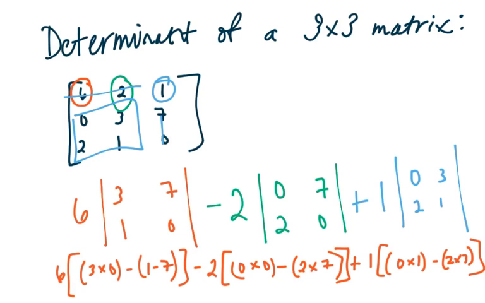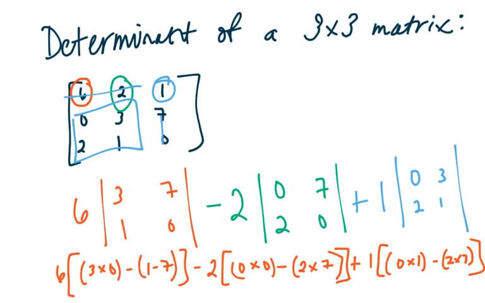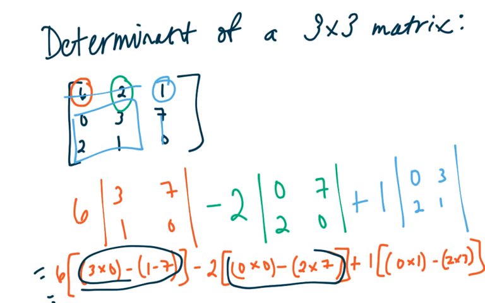So you'd have to finish solving this. Keep going, just solve what's inside the parentheses and then distribute or multiply it by 6, solve what's in these parentheses and then multiply it by negative 2, and then combine the terms at the end and finish and evaluate. But you can use this to solve systems of equations in 3 variables with Cramer's rule as well,